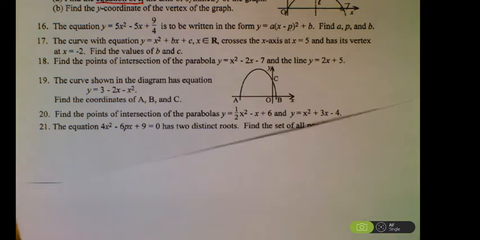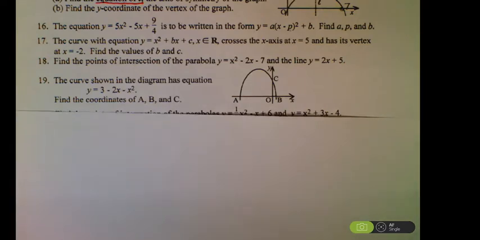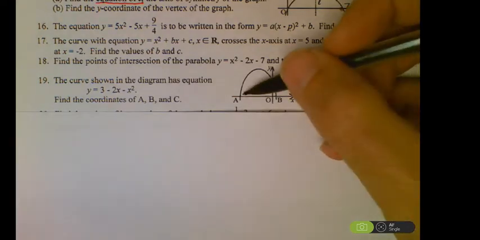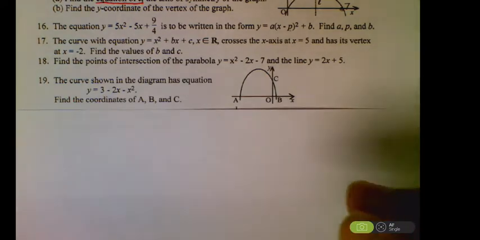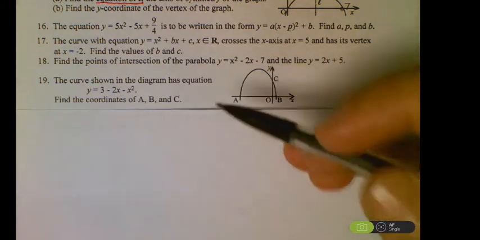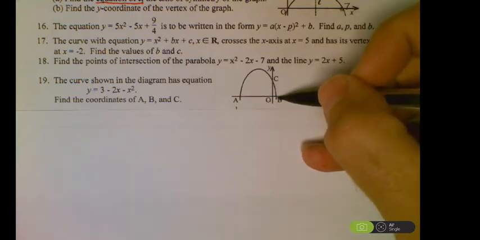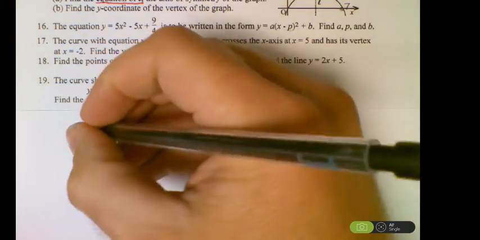Number 19. So given a curve, find the coordinates for A, B, and C. So we can see those, all three of those are intercepts. And remember, intercepts always come from your zeros. So we can use that to figure those out. So if we were solving for A and B first, because they are x-intercepts, at those points we know the y coordinate is 0. So if I can plug a 0 right there in for y,